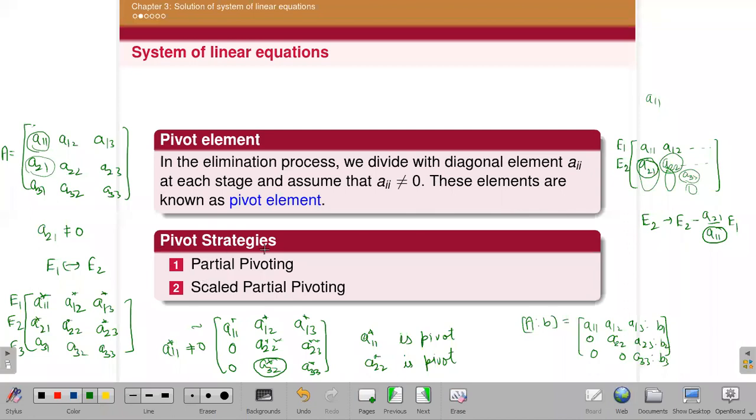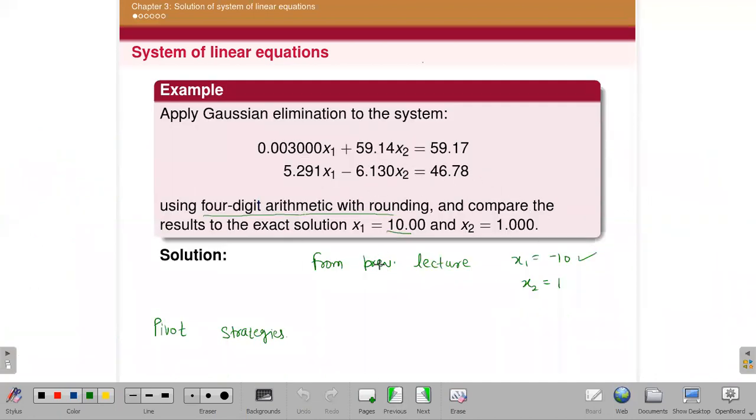So now we will use two pivot strategies here. The first one is partial pivoting and the second one is scaled partial pivoting. These are the strategies we will use in Gauss elimination only, meaning the procedure will be the same, but we will do the extra thing, that is partial pivoting or scaled partial pivoting. First we will use partial pivoting to get rid of this type of problem, to get a good approximation in rounding and chopping also.